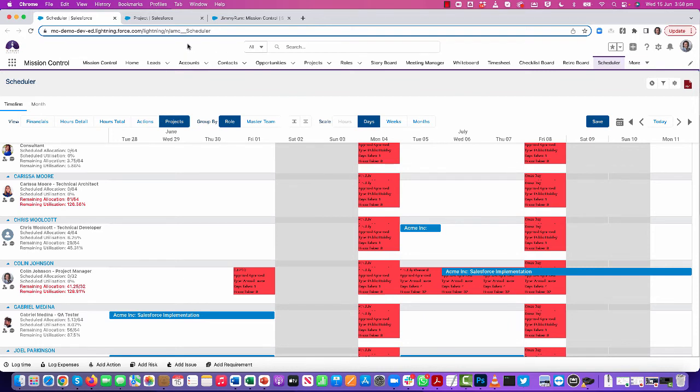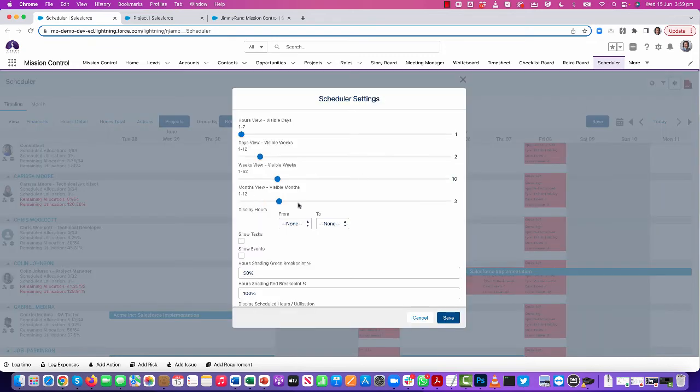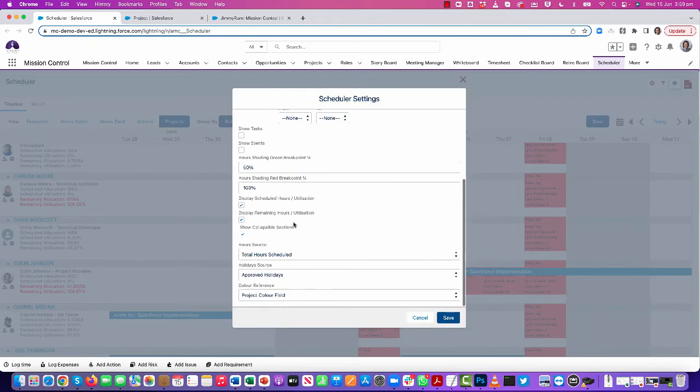Another feature on the scheduler is the ability to now view all holidays or just approved holidays. Previously it would only ever show you approved holidays. There is now a setting here that you can choose to look at all holidays. So if I change that,